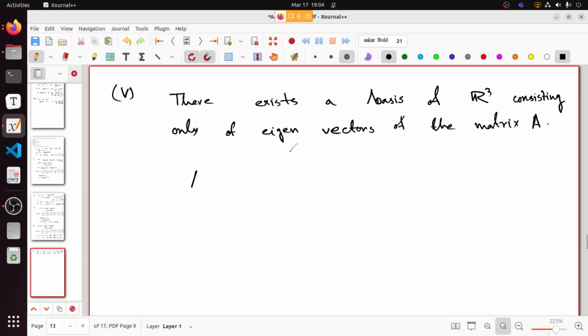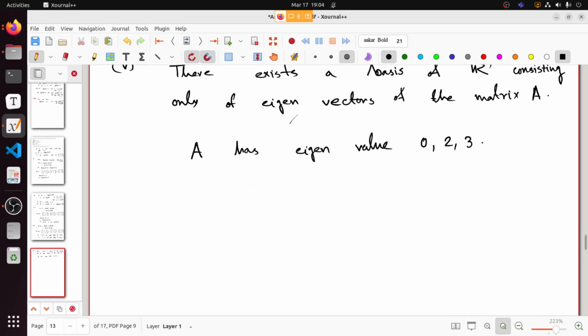So what we know is that A has eigenvalues 0, 2, 3. So all three are distinct, so the corresponding eigenvectors will be linearly independent. So let B1, B2, B3 be the corresponding